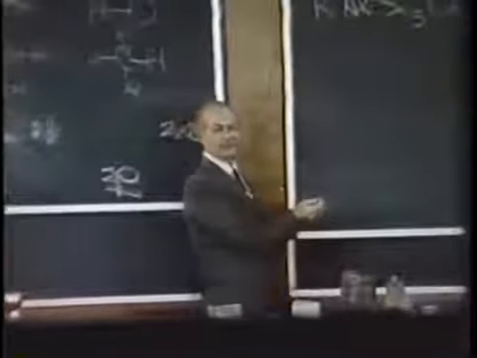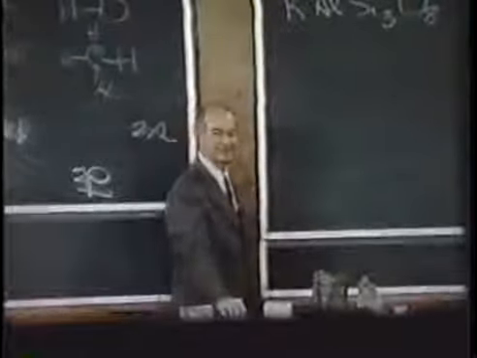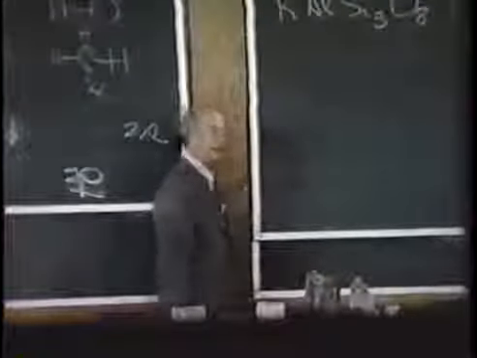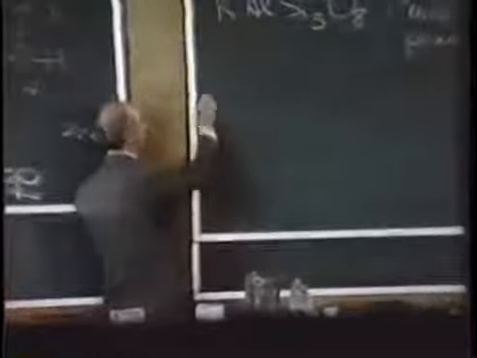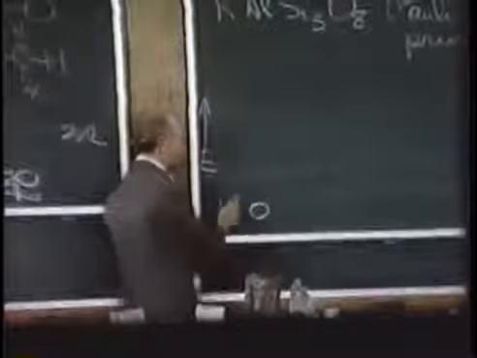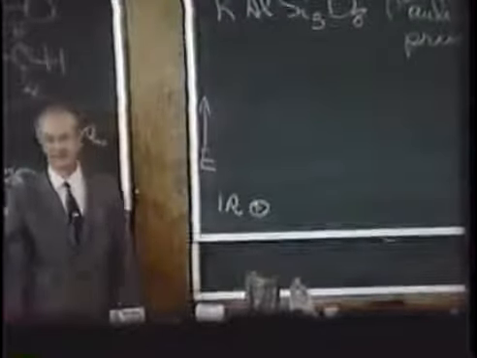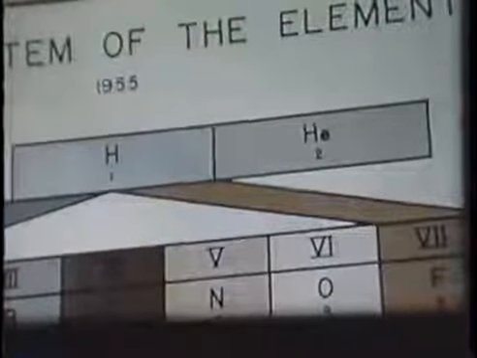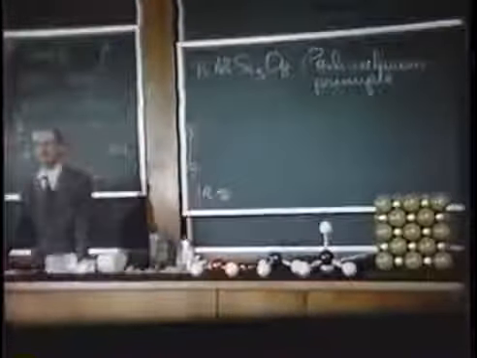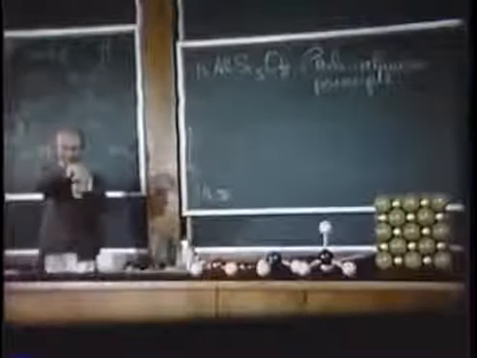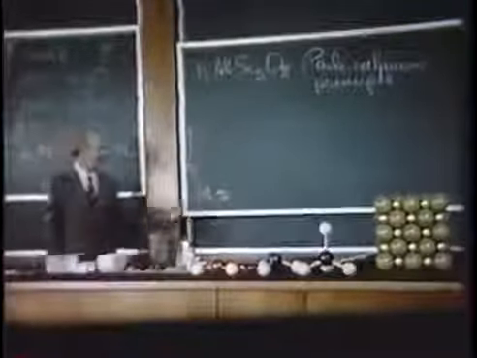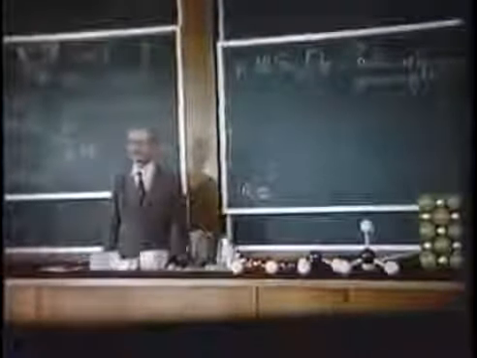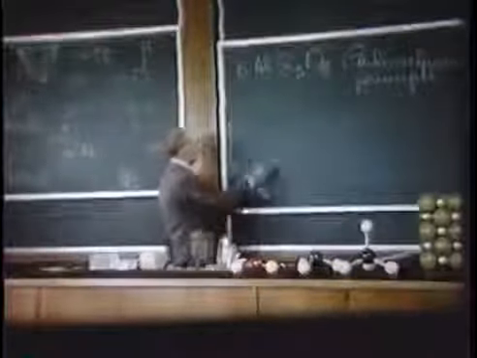Let us represent the various elements by showing how their electrons occupy orbitals, and we can plot energy vertically. We start out with the 1s orbital. Hydrogen can have one electron in the 1s orbital. I represent it by putting in an arrow pointing upward. Helium can have a second electron, two electrons in the 1s orbital. I show then the arrow pointing down. By Pauli's principle, that is all the electrons that can be placed in the 1s orbital.